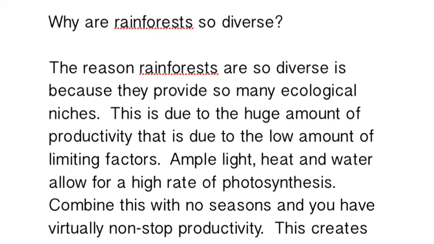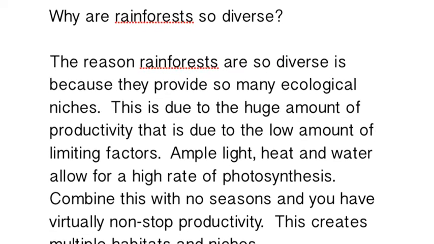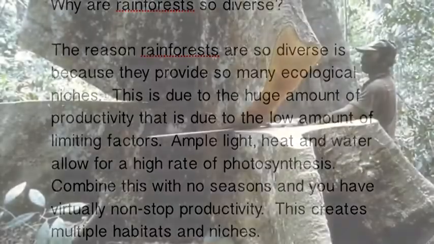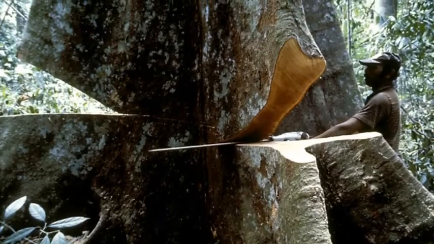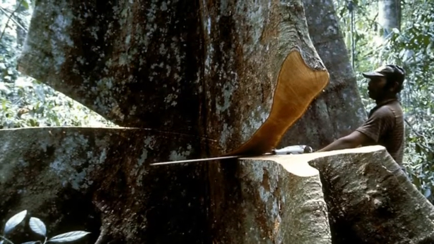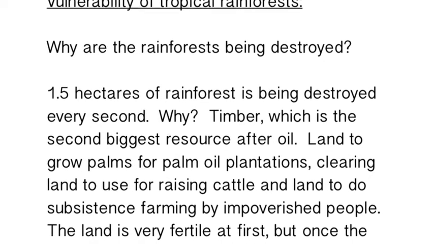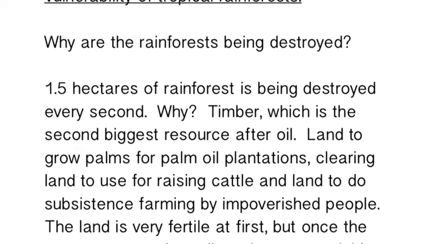Why? Because the temperature is right. There's a lot of rainfall, there's a lot of sunlight, there's plenty of nitrogen in the soil and phosphorus and potassium, and the seasons don't change, so it happens year-round. And that makes this incredibly productive, diverse ecosystem. So why are we destroying something that's so diverse? Well,